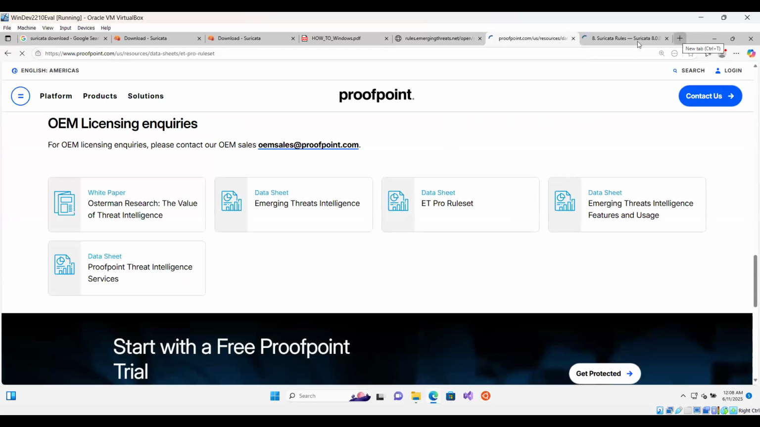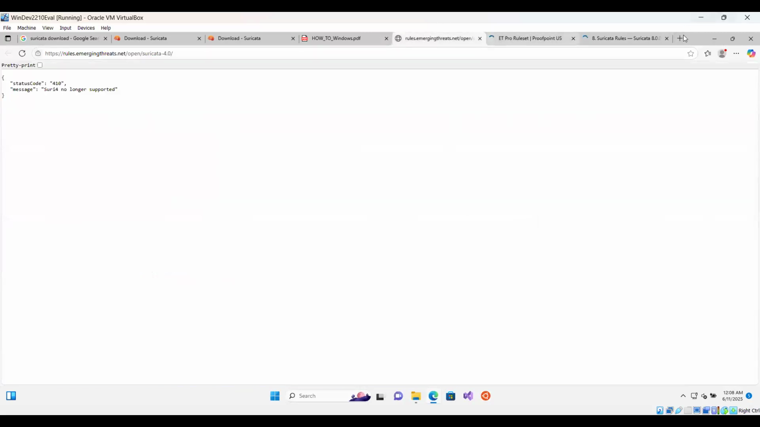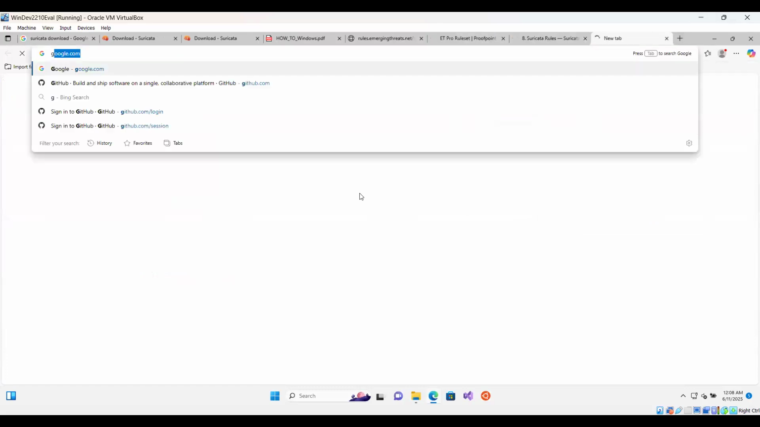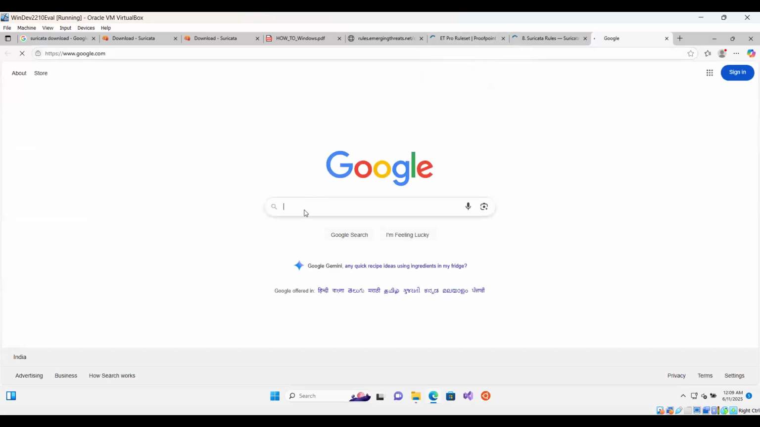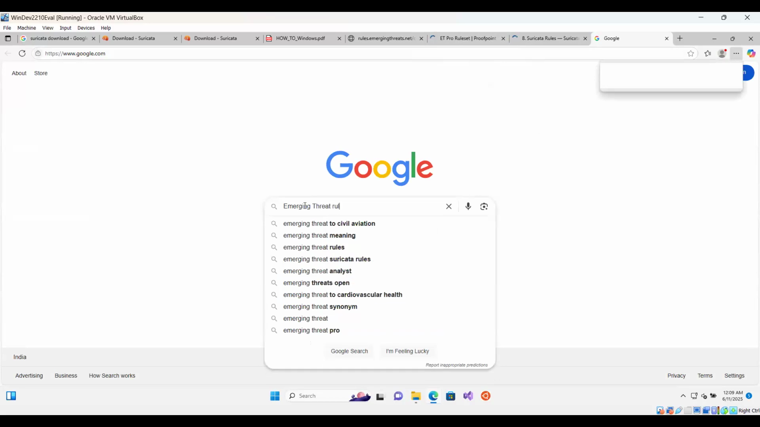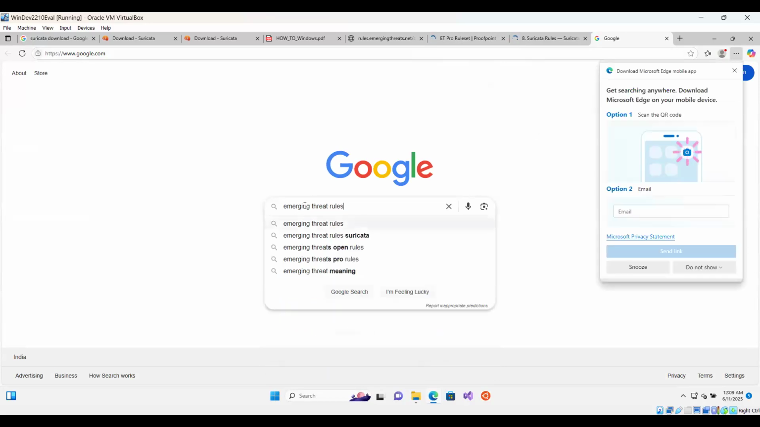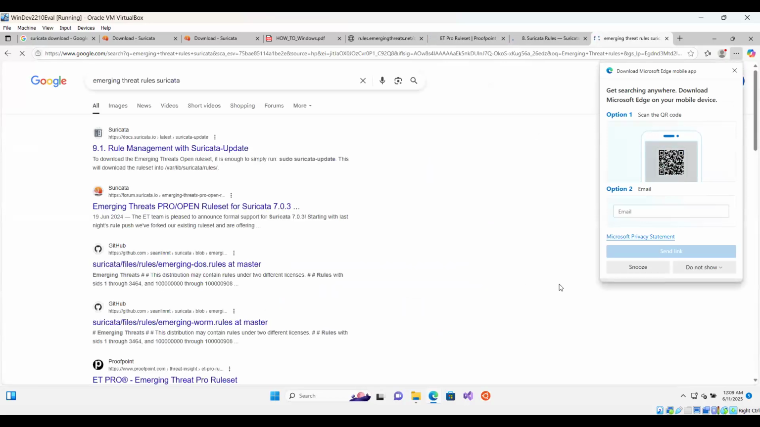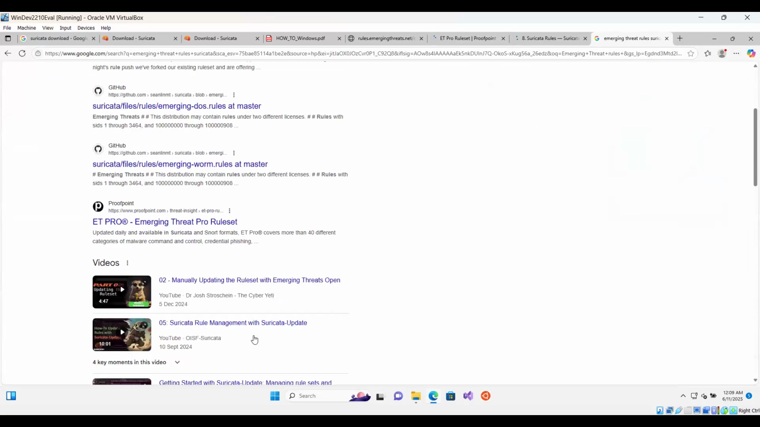And also, let's say we have to download that and it has been removed, maybe. So what you can also do, maybe they have kept it at some other location. So just open Google. That is getting slow, so just wait for a while. Also, you can write here: emerging threat rules Suricata. Maybe you can find it